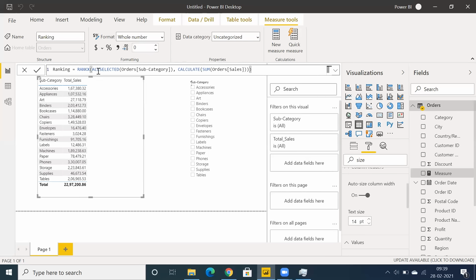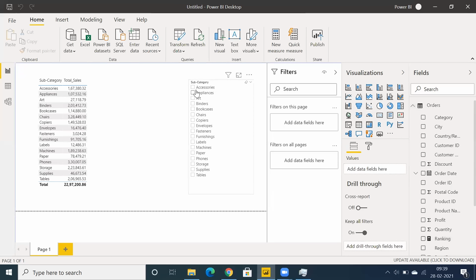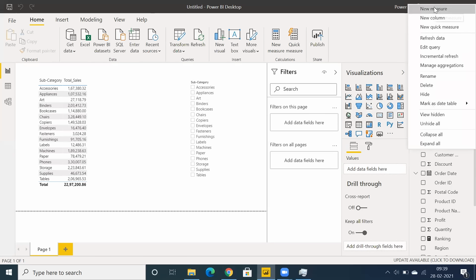So RANKX, ALLSELECTED of subcategory, and you can calculate sum of sales. So that's the formula. But before going to place rank, let me showcase what actually ALLSELECTED is, because whenever we select the slicer, I want to consider the total value of subcategories, the grand total, in the row level. So let's right click, new measure,